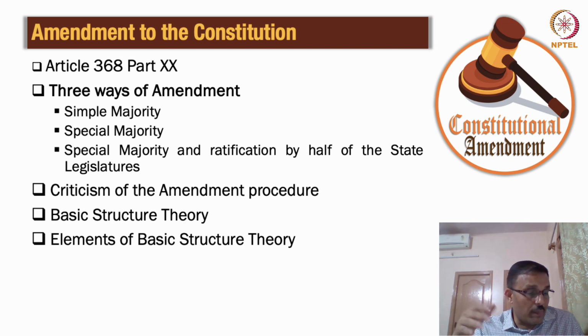So the reaction of the Parliament was quite interesting. And the Parliament decided to bring in the 24th Amendment Act in 1971. Now, this Act amended Article 13 and Article 368. And it declared that the Parliament has the power to abridge or take away fundamental rights under Article 368. Okay, totally. And as such, the Constitutional Amendment Act will not be law under Article 13.